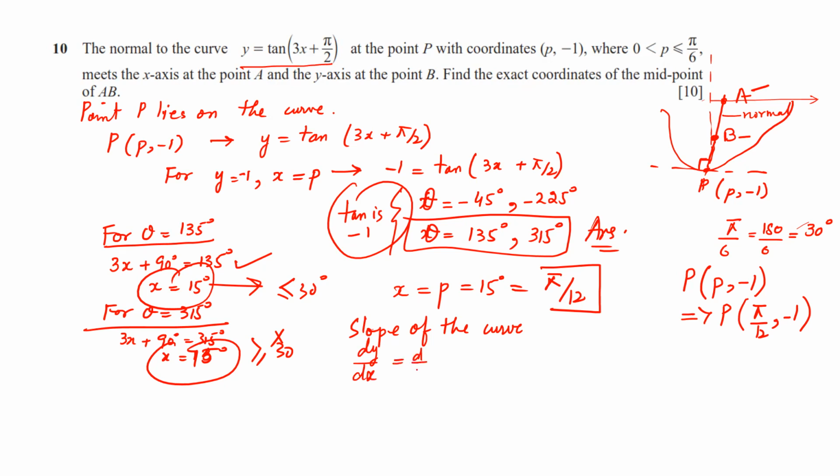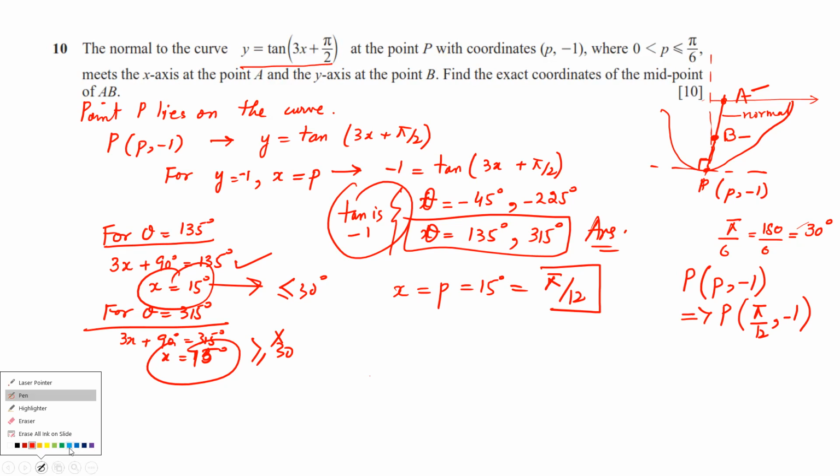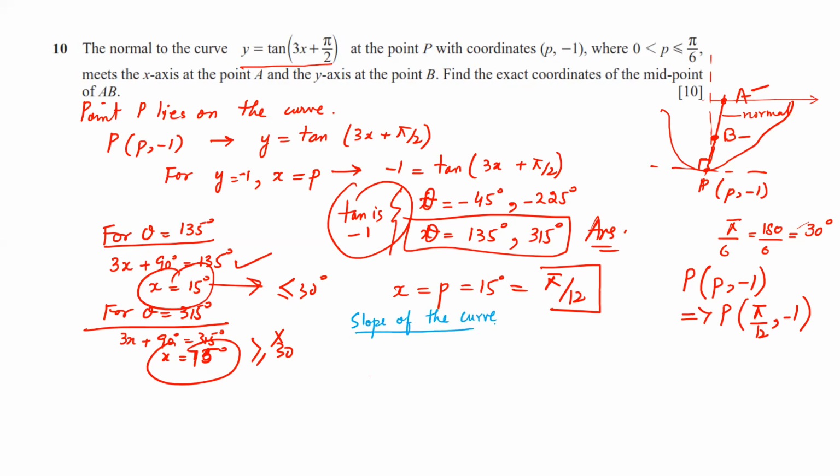Let me write this in a separate color so it becomes easier to understand. So the slope of the curve, dy by dx, becomes equal to